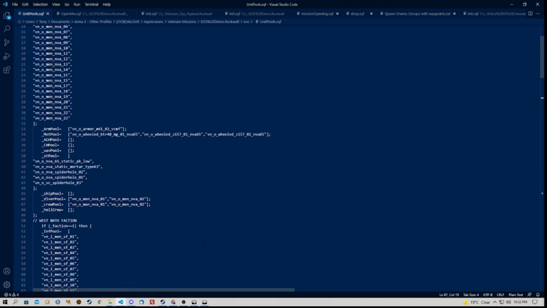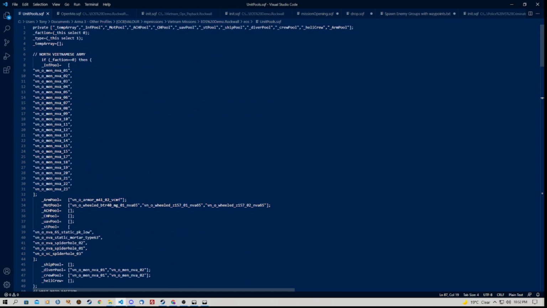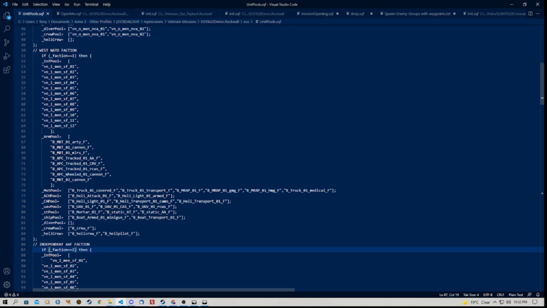Now when you open your EOS folder, it won't look exactly listed like this. It will look more like this. What I've done is simply move them down onto separate lines, just so it's easier for me to see what class names I have, and to enter new class names in there without having to go along the line like this. If you want it set out like this, you simply find, for example, we've got the motor pool